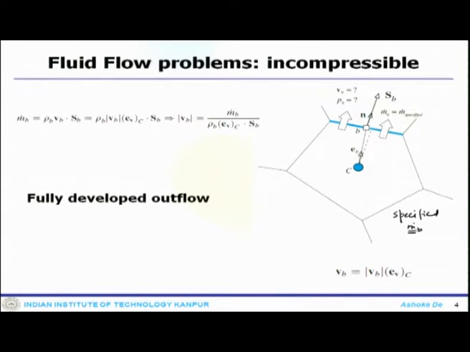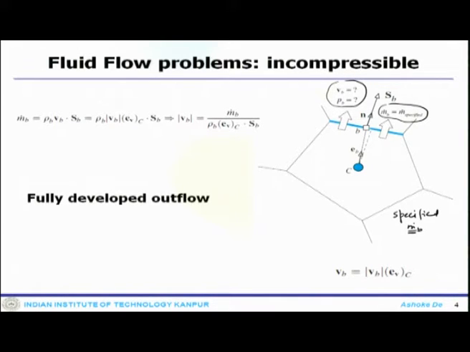So, you can see at this phase the m dot b is specified. So, this is known, but what is not known is the velocity and the pressure at that phase. So, that is also not known. Now, when you apply a mass flow rate or mass flux in incompressible flow, which is essentially equivalent to specifying the normal component of the velocity.